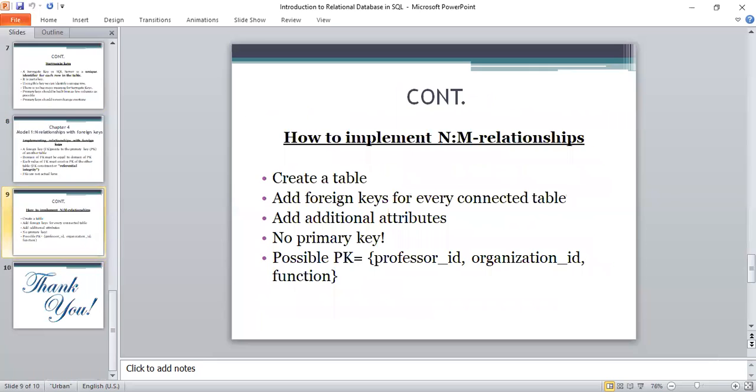How to implement N:M relationships. Create a table, add foreign keys for every connected table, add additional attributes, no primary key, possible PK equal to professor ID or